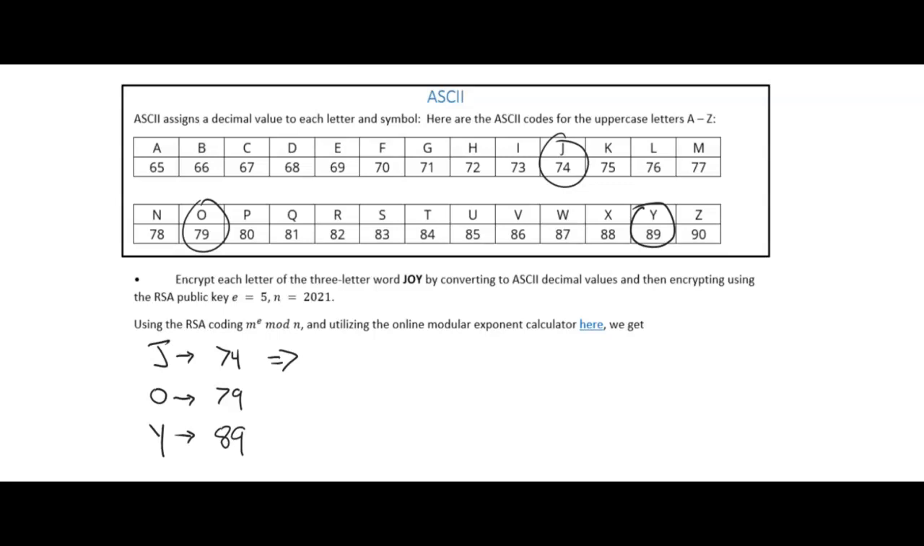So the M is the message, the E is the exponent. Now this is usually G to the N mod P. That's the basic thing, but in this case the G is the message, the N is the exponent, and the P is the larger N value that they're giving us. Okay, so we have